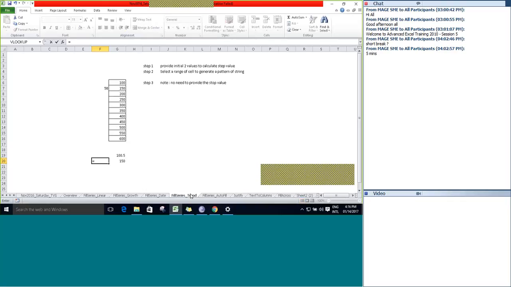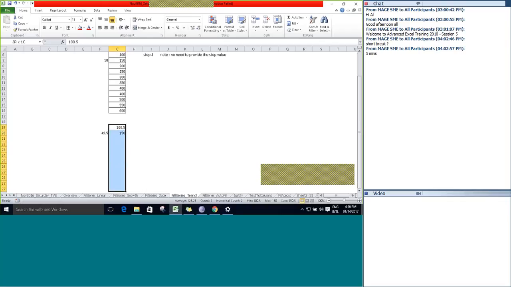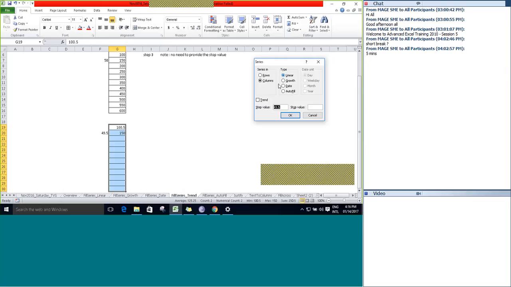The difference between the two values is going to be 49.5. So it will generate a string pattern based on that. Here you can see it automatically calculates the step value as 49.5.